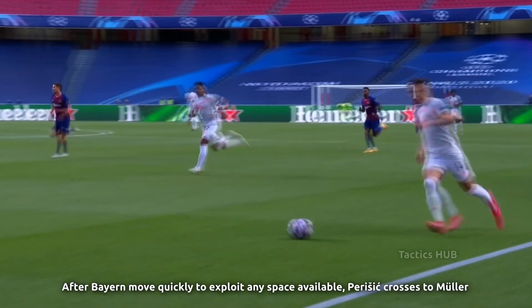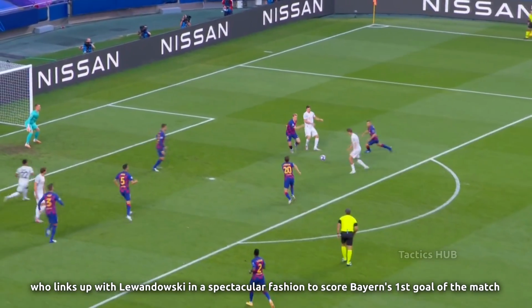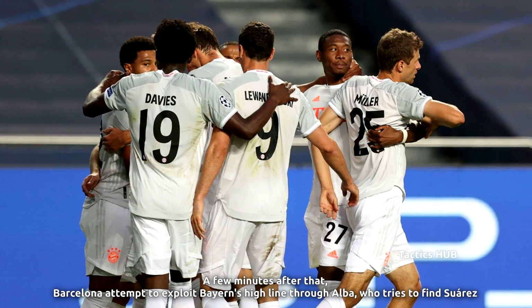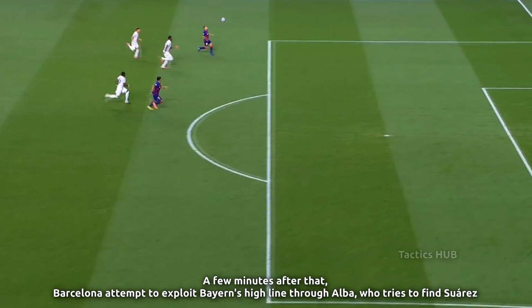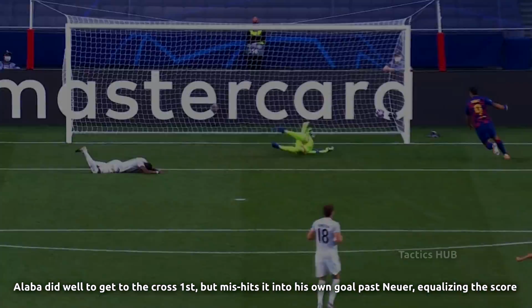After Bayern moved quickly to exploit any space available, Perisic crosses to Müller, who links up with Lewandowski in a spectacular fashion to score Bayern's first goal of the match. A few minutes after that, Barcelona attempt to exploit Bayern's high line through Alba, who tries to find Suarez. Alba did well to get to the cross first, but mishits it into his own goal past Neuer, equalizing the